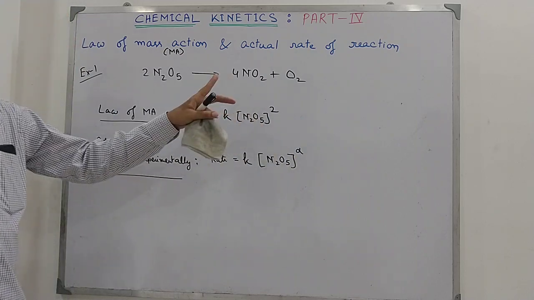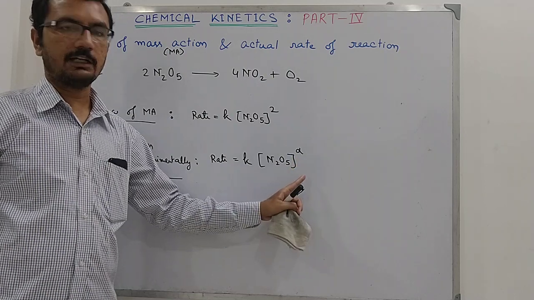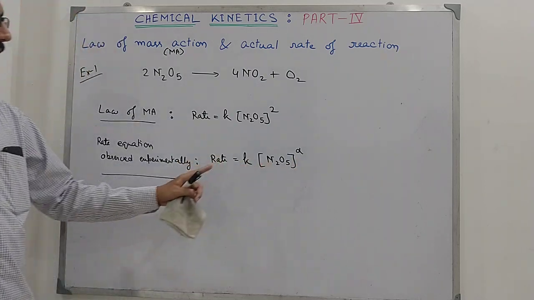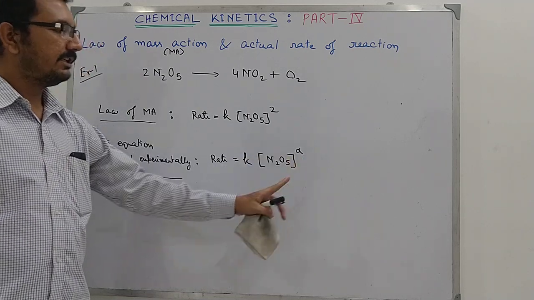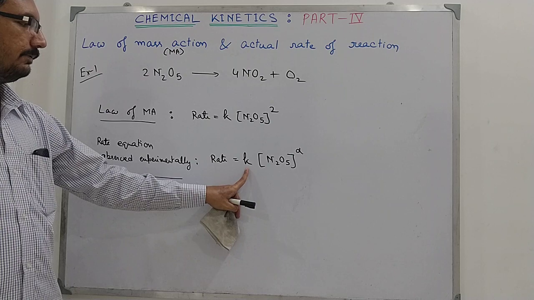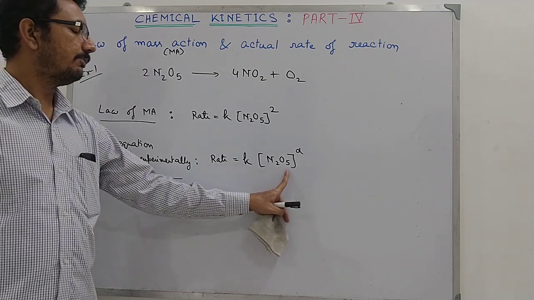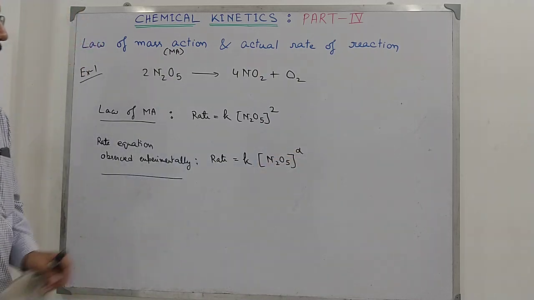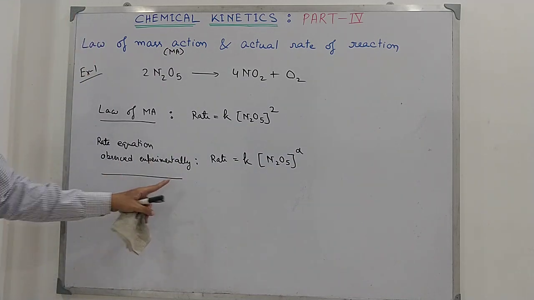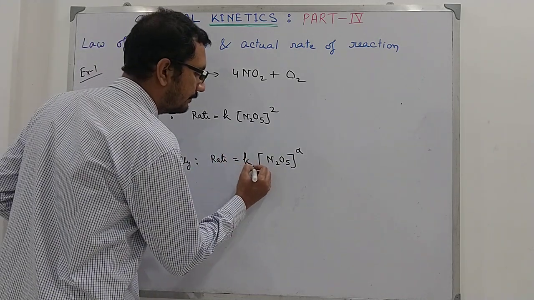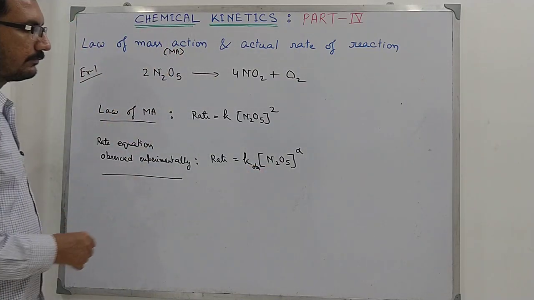Now in part 1 or part 2, please check it. I have shown you how to determine the order of the reaction. So using that technique, you first find the order of the reaction and put it here. And from the experimental results, you can also get the value of the rate constant. So you have rate equals rate constant into [N2O5] to the power of the order obtained experimentally. That will give you the experimentally observed rate equation. So this k is k observed or k experiment.